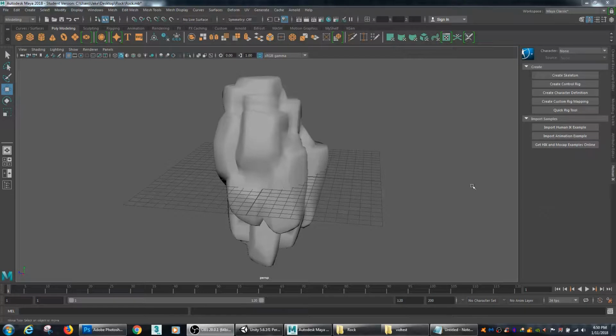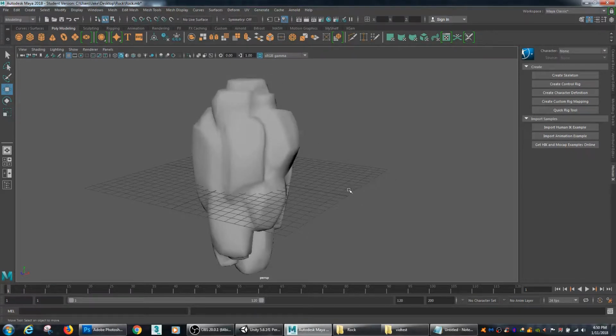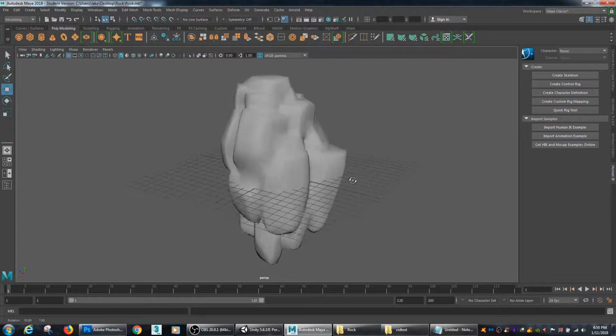Hey guys, so today we are going to be going over how to import a mesh into Unity. So just the very basics on how to get the mesh in, how to make a material and add textures to it. So if you are working in either 3ds Max or Maya, I generally prefer to use the FBX